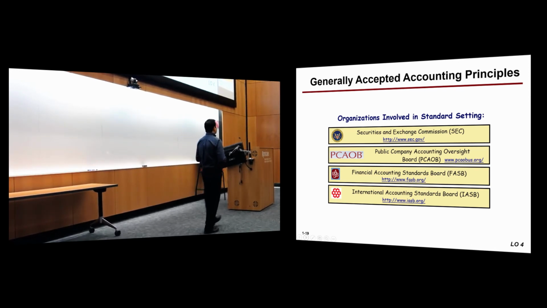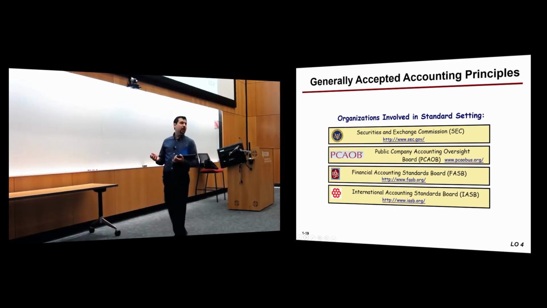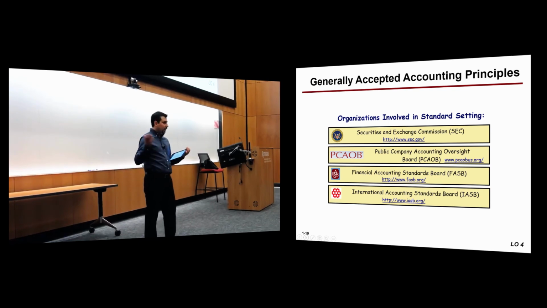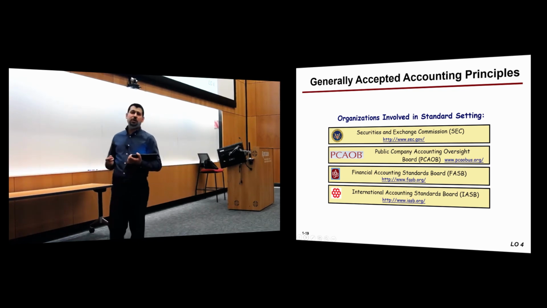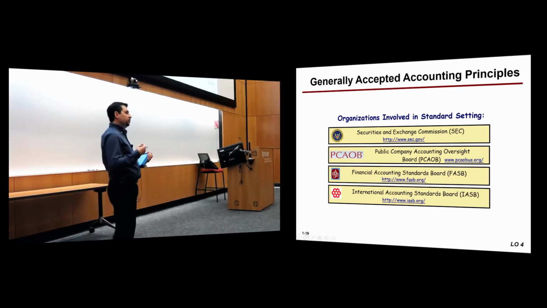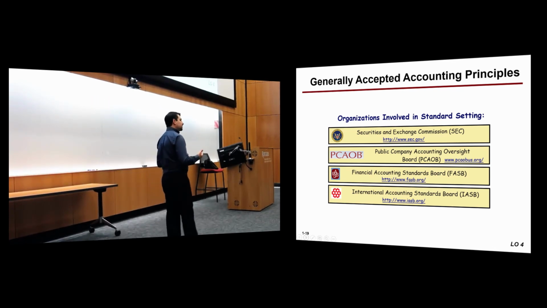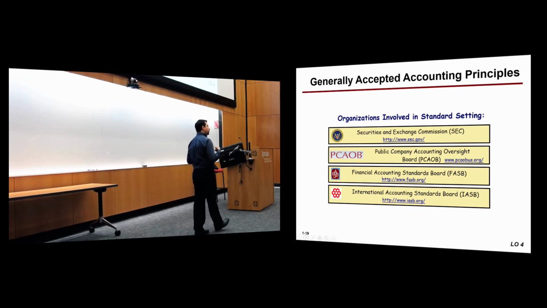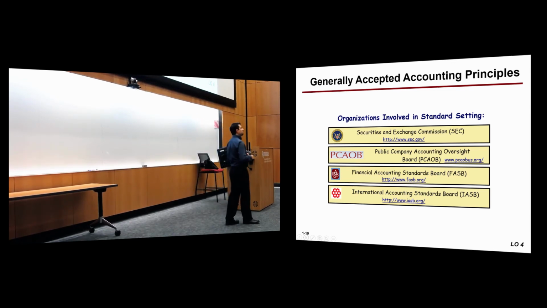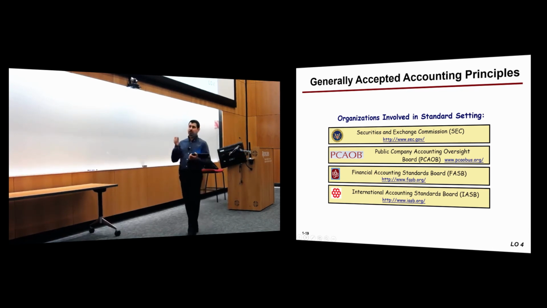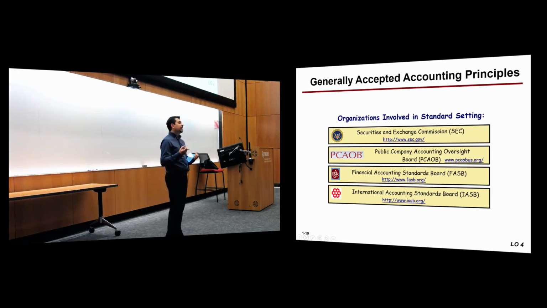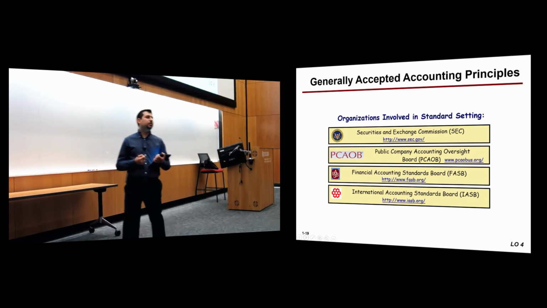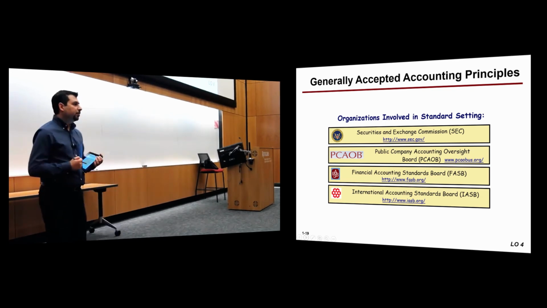Those are the different organizations that are involved in accounting standards. The SEC, how many of you have heard of the SEC? Okay, so this is the SEC, the Securities and Exchange Commission. This is the main body in the US government that is responsible for the stock markets. They require companies to report their financial statements in certain formats. And usually they ask the FASB, the Financial Accounting Standards Board, which is the main body that develops the standards that will be required by the SEC for all publicly traded companies.